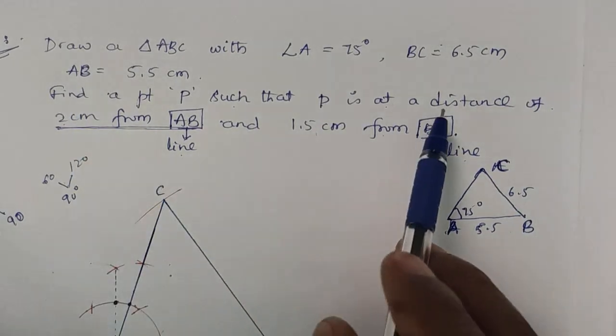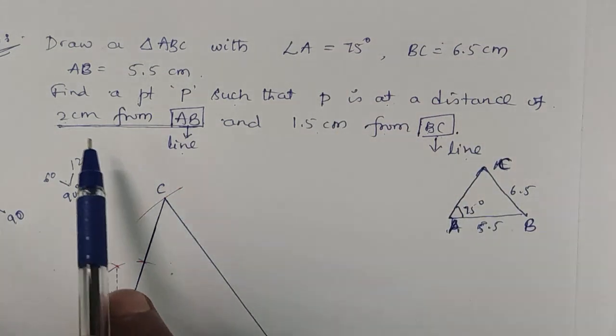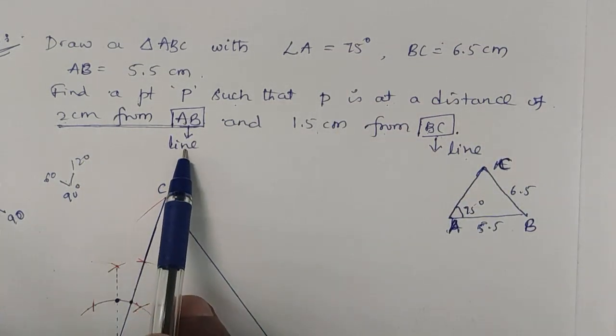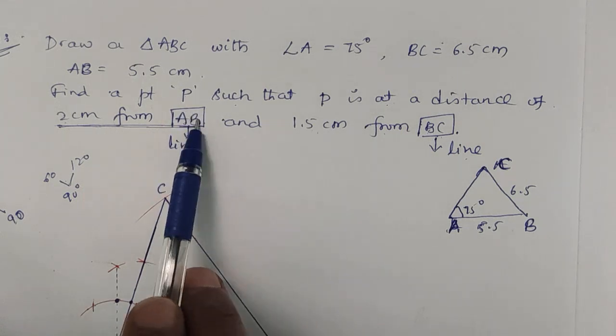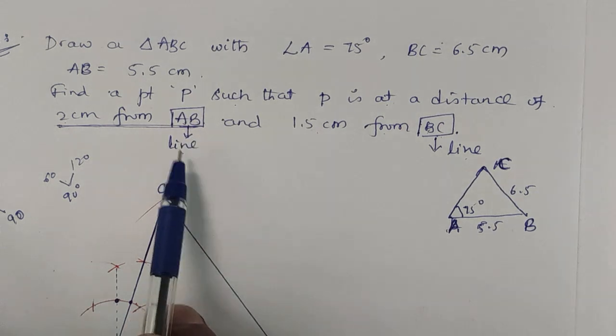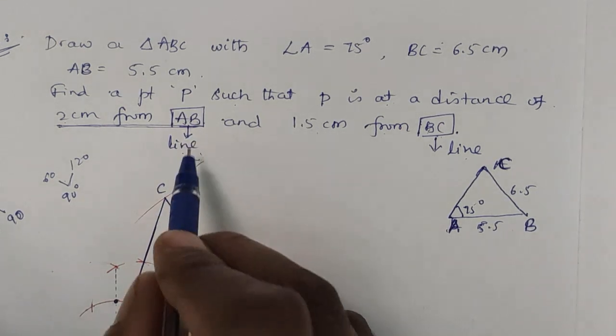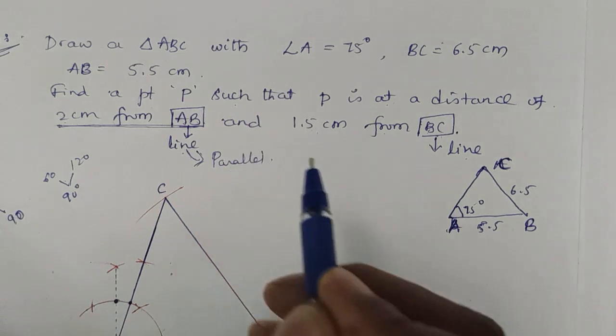Now let us go for satisfying the condition. After constructing the triangle, next is condition satisfying. First condition, what is AB? AB is a line. First fix it: what is given? A point is given, a line is given, 2 points are given, or 2 lines are given. Now the given is a line. For a line what should we do? Parallels. So we'll construct parallel.